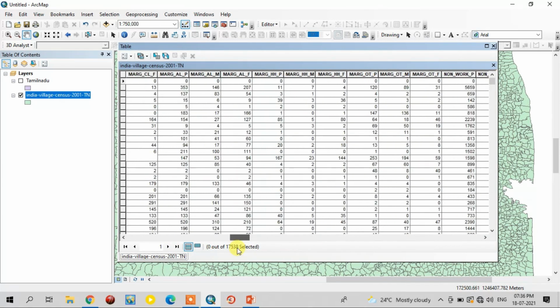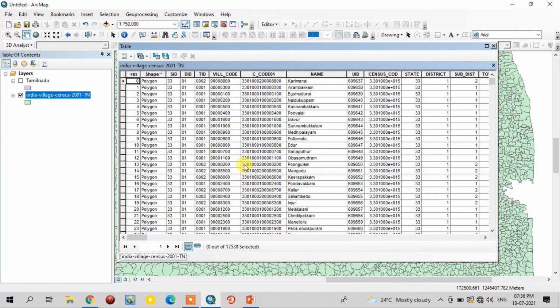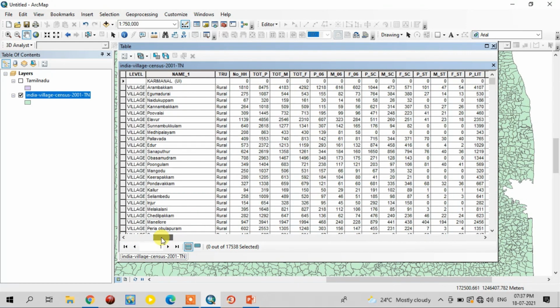Okay. Using this attribute table, we are going to do some tricks to map the census information very easily. Okay, before that I will explain how to select the table information very easily.